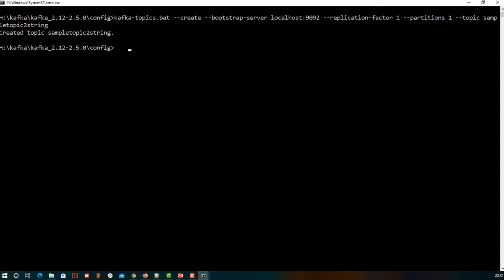Now let me see if I can run kafka topics dot batch. Here I am going to enter describe, and on which broker, that is a bootstrap server, localhost 9092, and the topic, let me give only till this term.